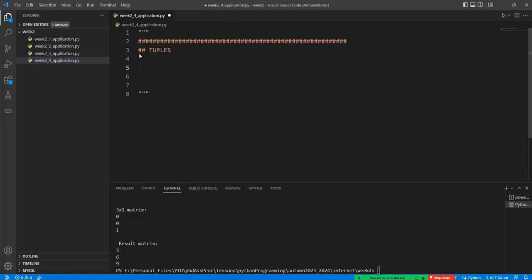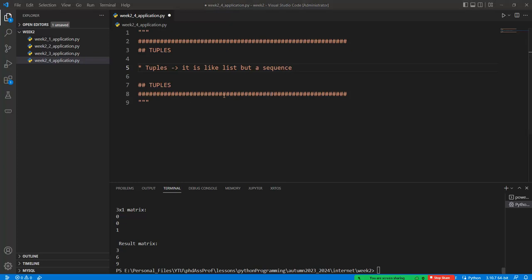Okay, tuples are like the list in this language. It's like a list, but a sequence. Okay, sequence means that it gives the order of some specific variables. Okay, lists also have this property, but the tuple values cannot be changed or updated in